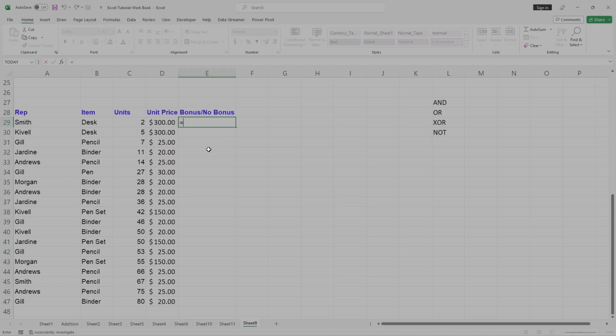So let us apply the formula: equals IF and open the bracket, AND, which is a logical function, open the bracket, select the condition on which you want to apply the logical function. D29 is the cell, is greater than or equal to $25, then